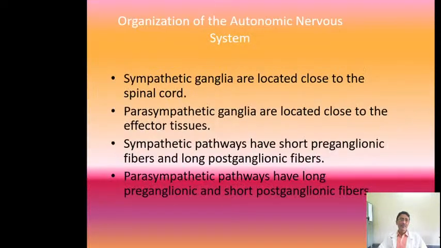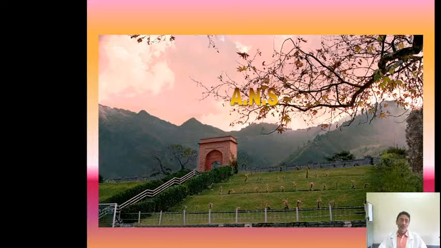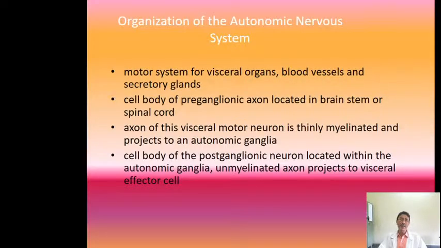Now basically, if you see the autonomic nervous system, they are composed of two other parallel systems. One is the sympathetic nervous system and the other is the parasympathetic nervous system. Now the parasympathetic and the sympathetic system have both got two sets of neurons and one ganglion. So those neurons which are present before the ganglion are called the preganglionic fibers, and those which originate from the ganglion are called the postganglionic fibers.